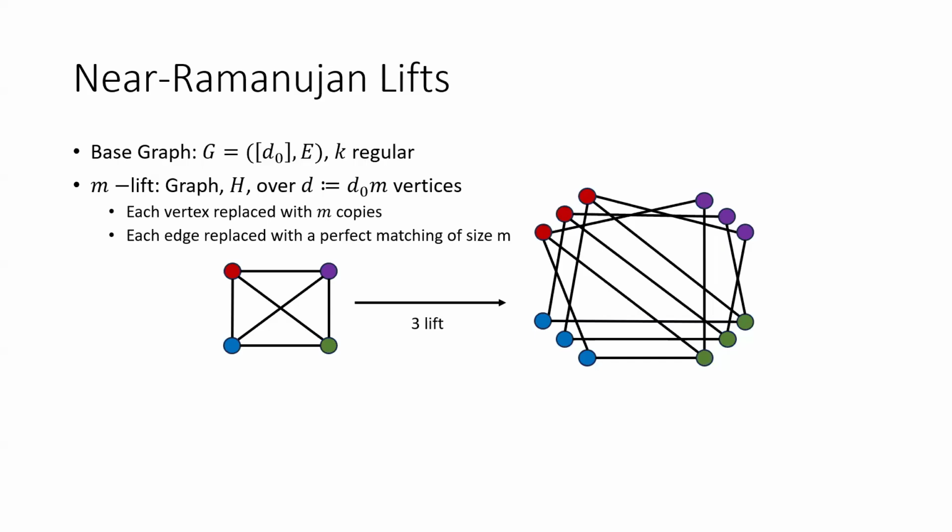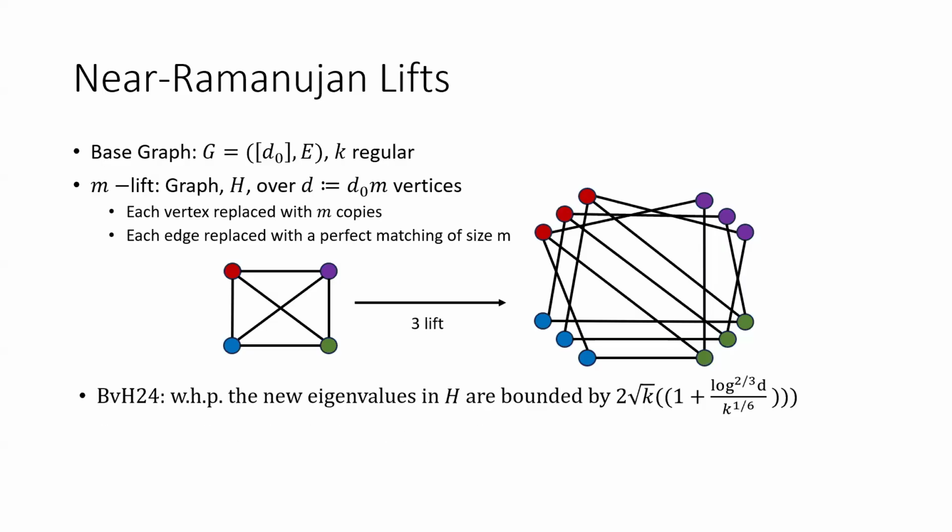Okay, so I won't get into this, but basically there are other random graph models of constructing Ramanujan graphs based on lifts where our result also works. I won't really talk about this too much. So I just want to talk a little bit